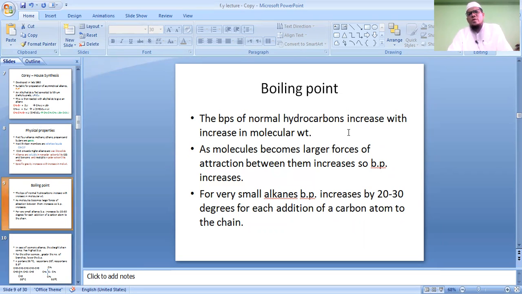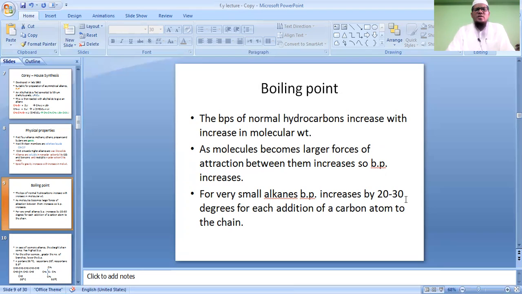जैसे जैसे molecular weight बढ़ता चला जाएगा इनका boiling point बढ़ता चला जाएगा। As molecule becomes larger, forces of attraction between them increases, so boiling point increases। जैसे जैसे molecule का size बड़ा होता चला जाता है फोर्सेस ऑफ अट्रैक्शन उसके अंदर में जो है वो इंक्रीज होते चले जाते हैं, उसकी वजह से बॉइलिंग पॉइंट भी इंक्रीज होता चला जाता है। ठीक है, लेकिन स्मॉल केस, in case of very small alkanes boiling point increases by